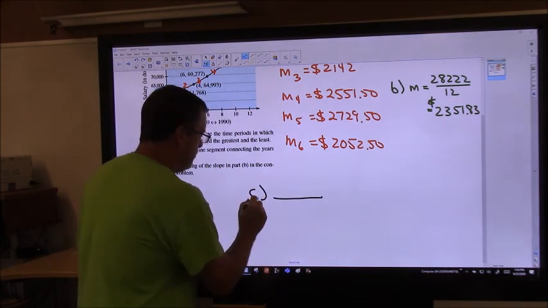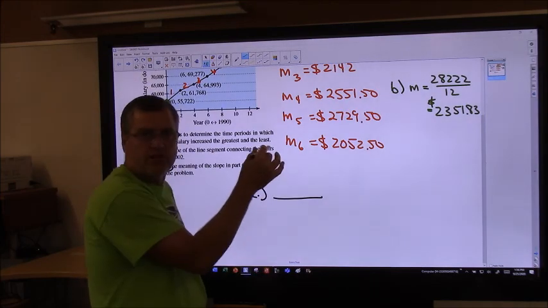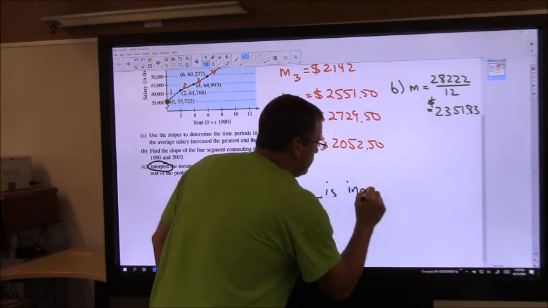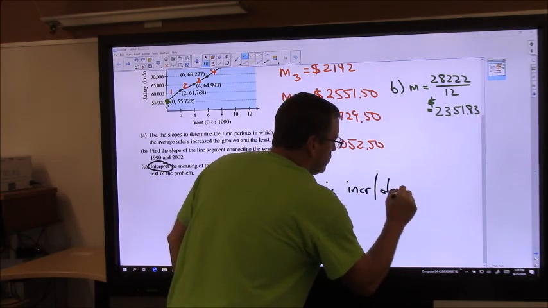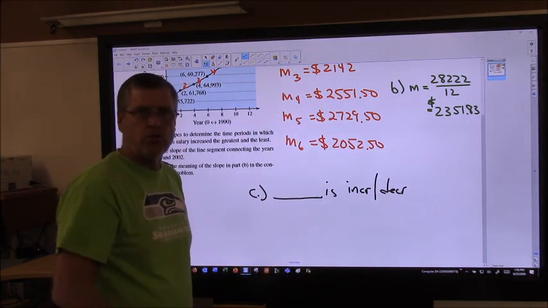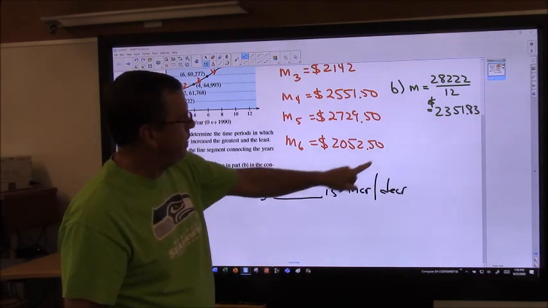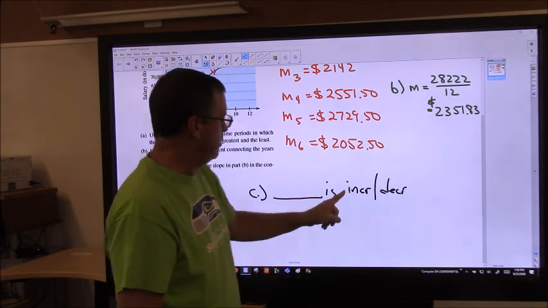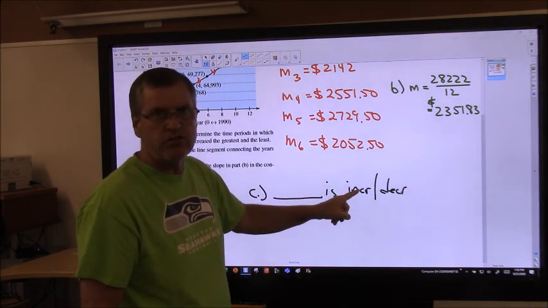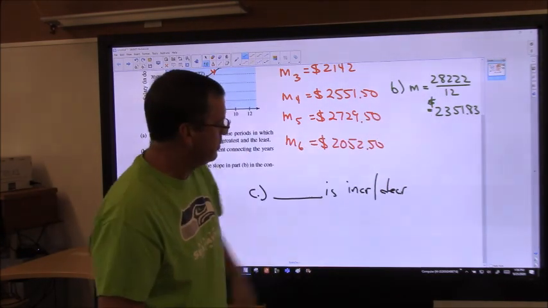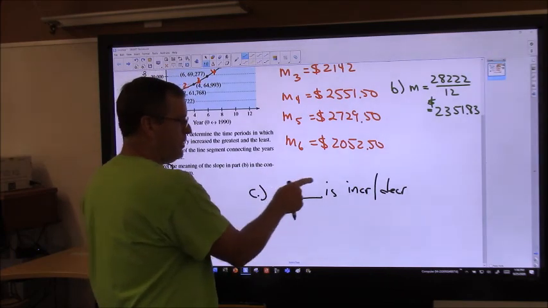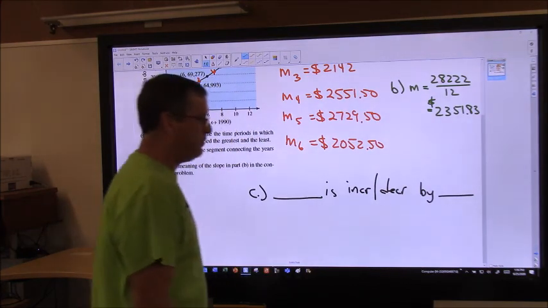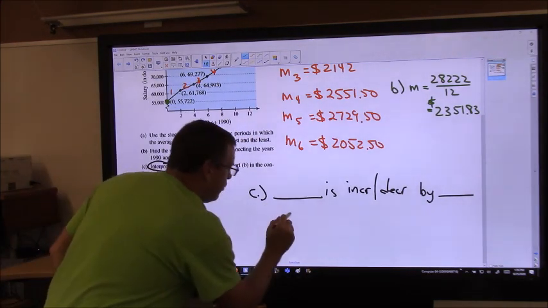Something, we'll write something in there in a second, is increasing or decreasing. We're going to have to make a choice between one of those words, and it really depends on, is this slope positive or negative? Since that's a positive slope, we're going to choose the word increasing for this one. But if it would have been negative, I'll choose decreasing. So something is increasing or decreasing by a certain amount for